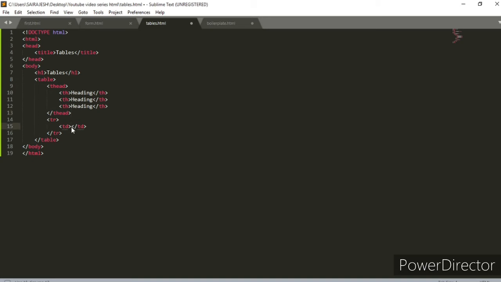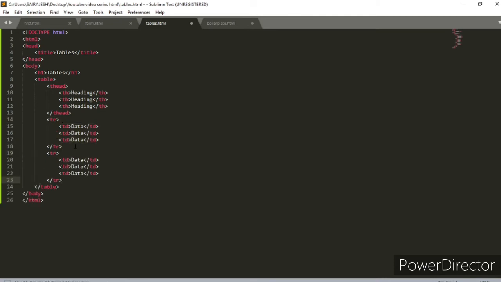So table row, table data, those are the full forms. So maybe I'll just put data here, and then I'll copy this 3 times again. Okay, now I'll just copy this row a few times so that it gives us an impression of how the table looks, and then we'll go ahead.